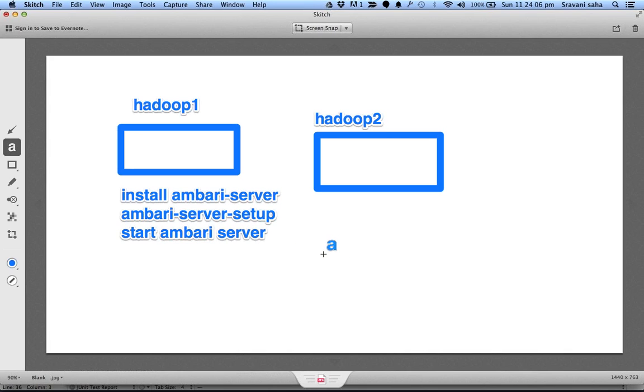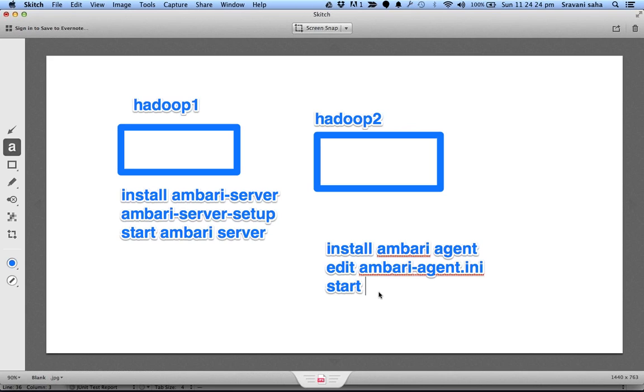Next, on this machine I install the Ambari agent, edit the ambari-agent ini, and then start the agent.